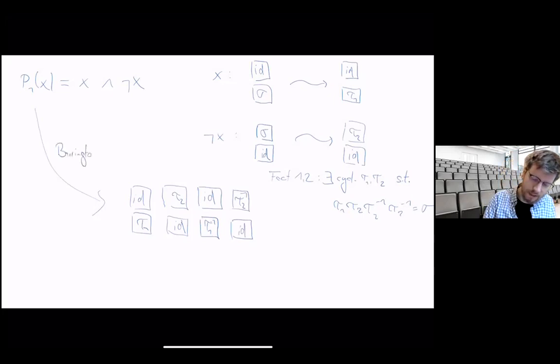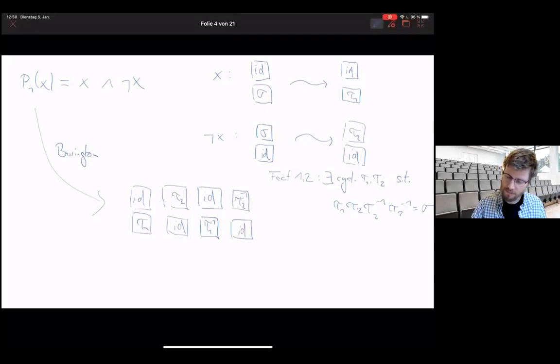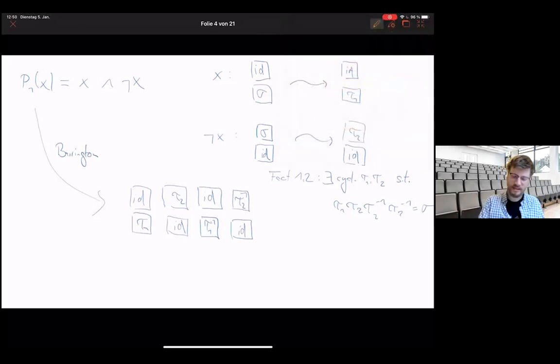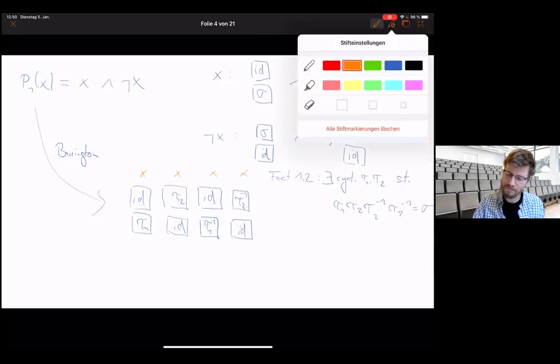So Barrington's theorem turns this circuit into this branching program. And let's just recall that we just have a single input bit x. So here x, x, x, x. Let's just check really quickly if this branching program really computes the correct